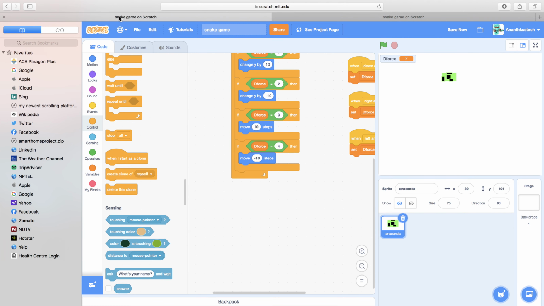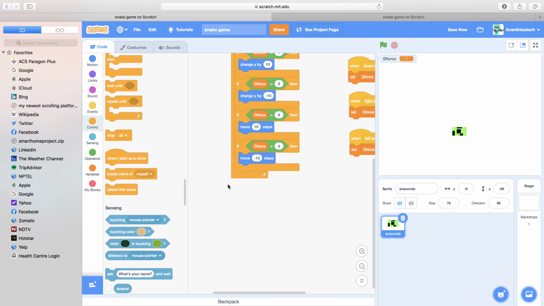As you very well know, yesterday we created the snake game on Scratch. Well, not the whole snake game. We only coded it to change direction. So this was what we coded. In today's video, you are watching Science Lab and Tech, we are going to be coding the tail and increase of length.